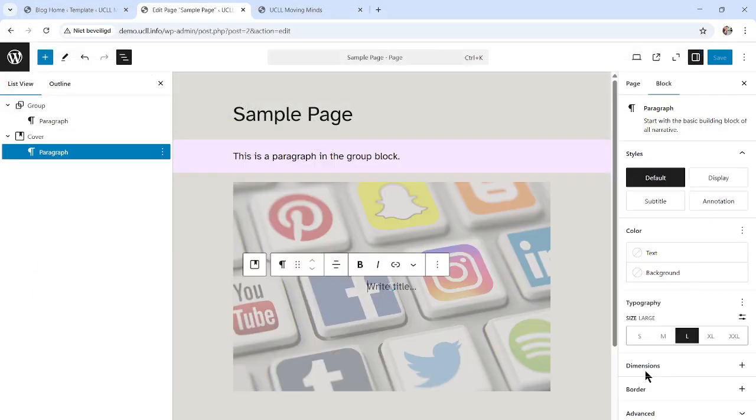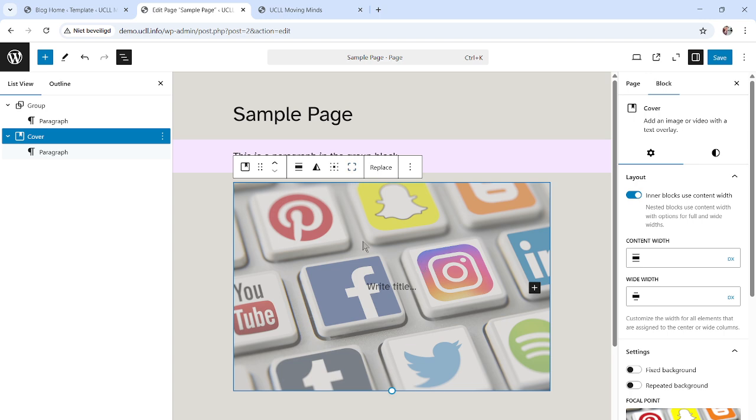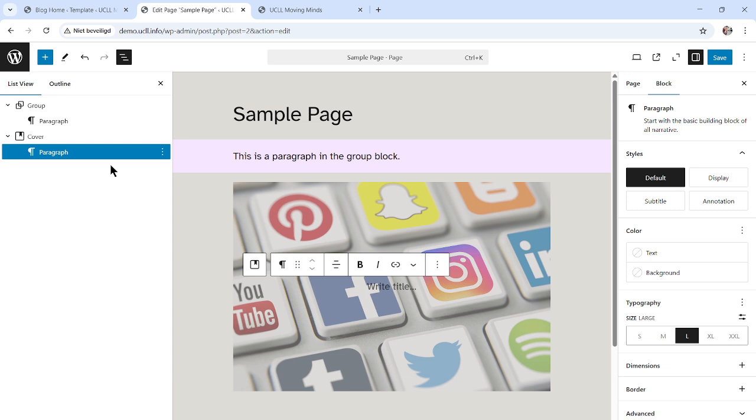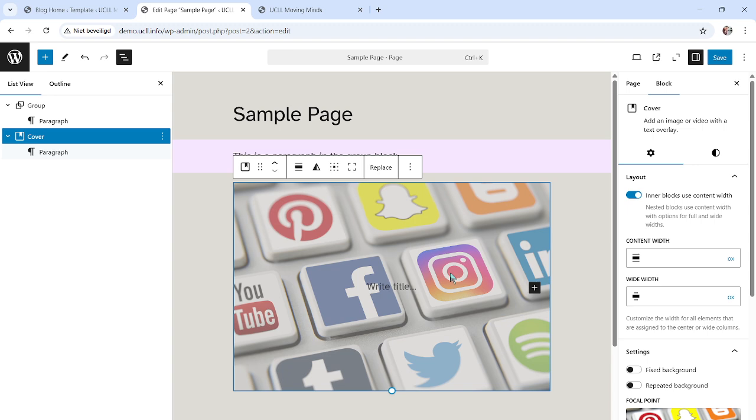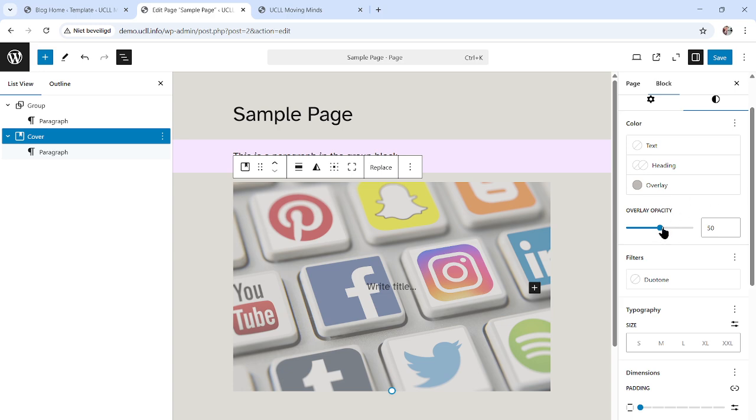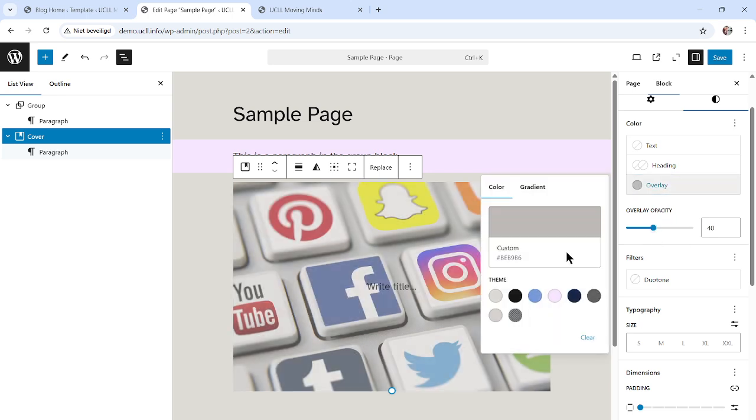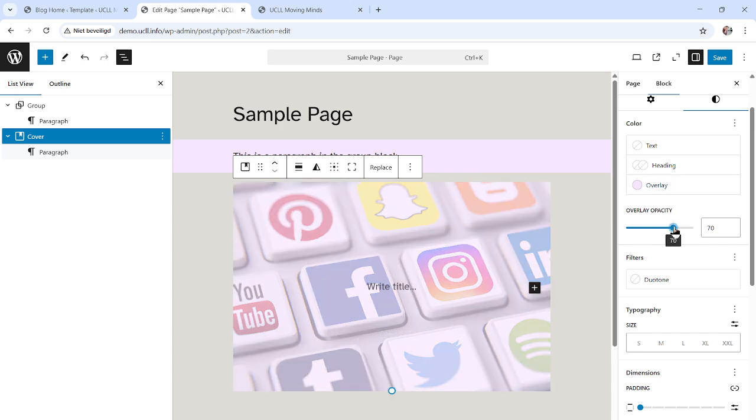Yeah, it's a bit weird, this image, but anyway. So I have a cover that has a background image, and within my cover automatically a paragraph was created, allowing me to have some text with that background image. You may notice that the background image at this point already has some sort of an overlay. It's getting it by default, and apparently the default overlay color is set by a color pattern, but you can easily go change that. I now have that lila overlay, allowing me to have some overlay opacity,